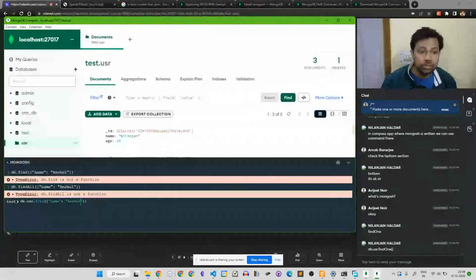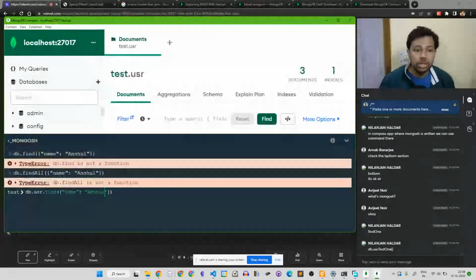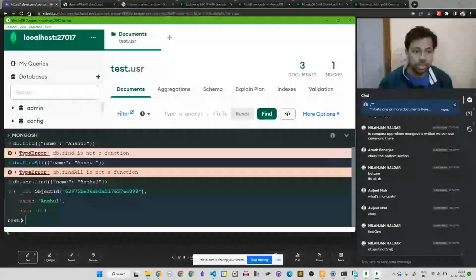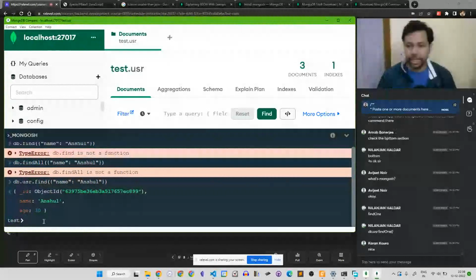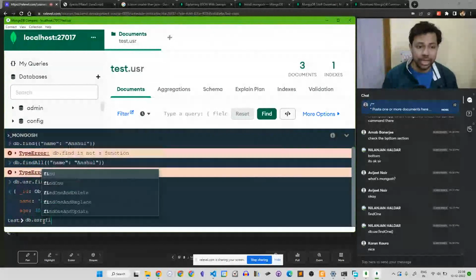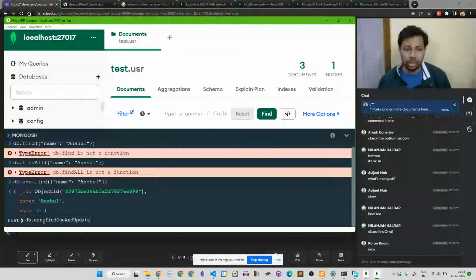Sorry, I'll increase the font size a little. If I'm searching for name Anshul, I can do find, and then I can just search for that. There's also an operator. This operator can be overloaded with a bunch of things. For example, you can increment the age here. So you can do db dot user dot find and update. Okay. And now look what I'm going to do.